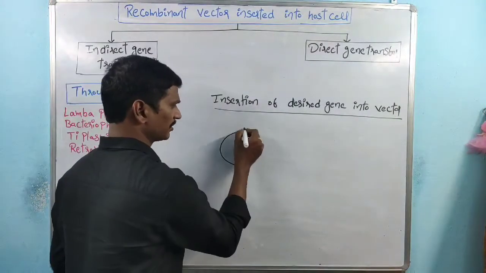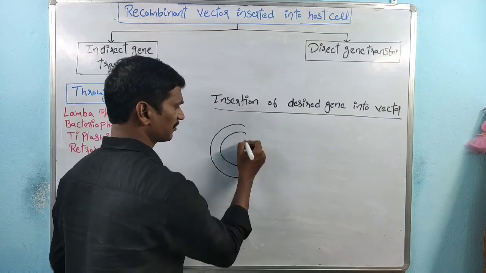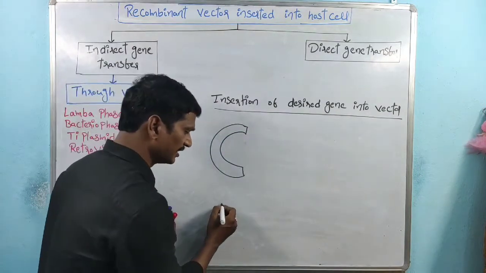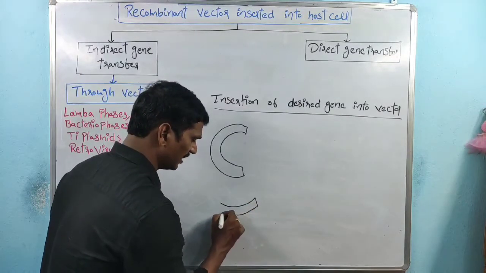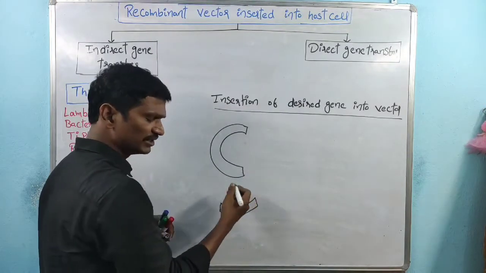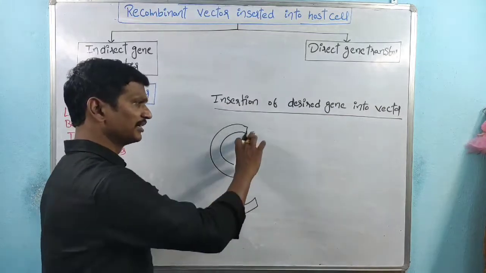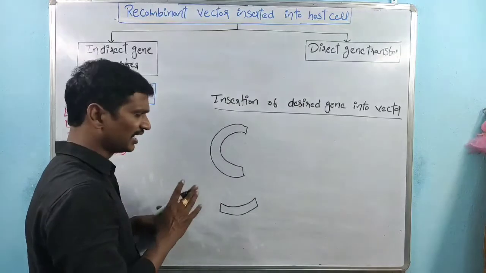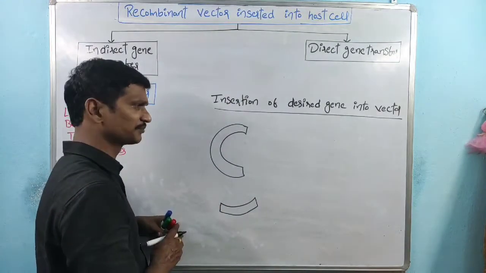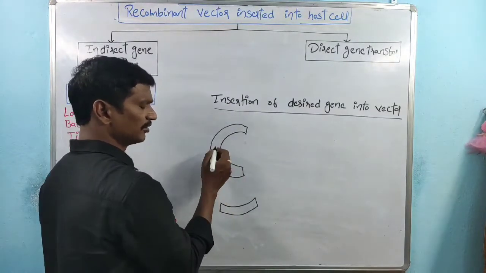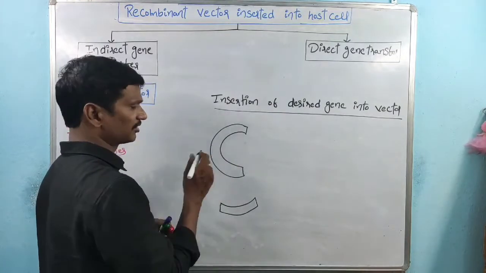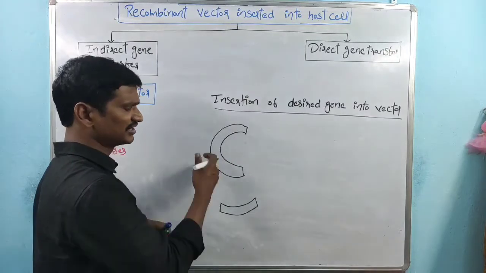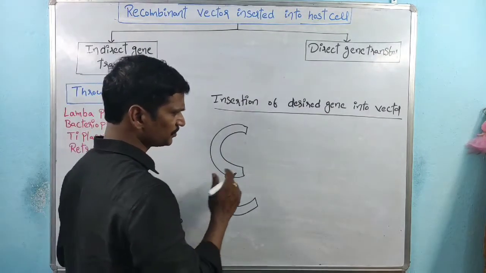We know that there is a plasmid. We cut that plasmid using restriction endonuclease enzymes. The unwanted DNA fragment we eliminated, right? By using the restriction endonuclease enzyme, we deleted the unwanted part of the plasmid, and this is the remaining wanted, important part for the replication process and the gene expression process, right?